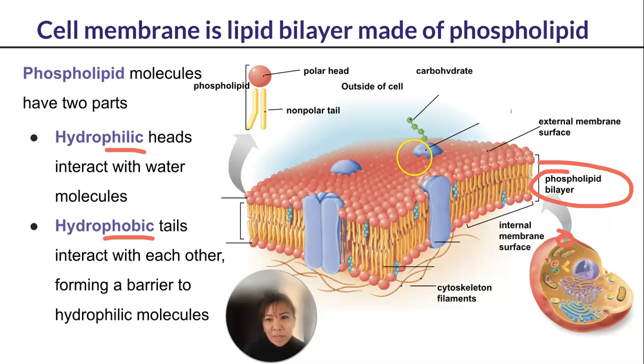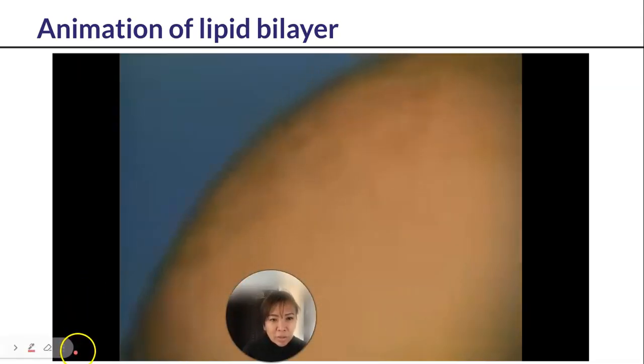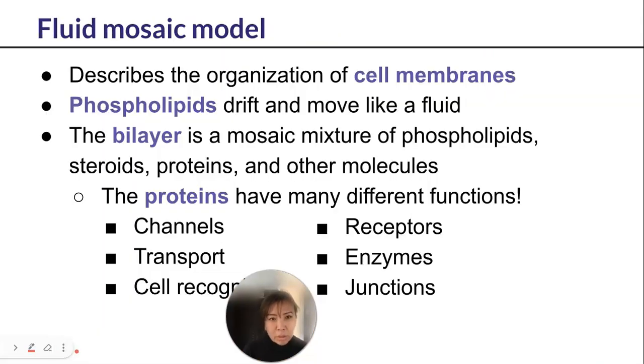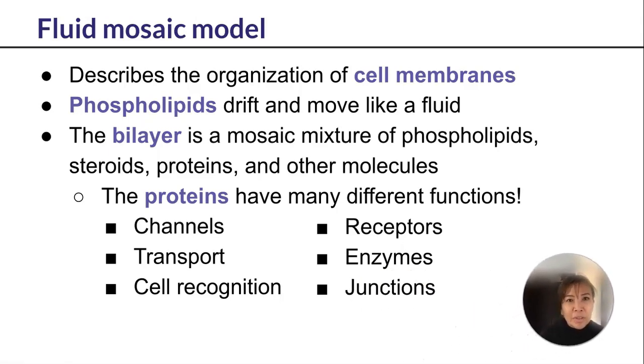And we kind of already mentioned the other different molecules that we find within this cell membrane. So why do we call this the fluid mosaic model? Okay, so the fluid mosaic model, and similar to before, all the links I will put in a different sheet so you can take a look at all the different videos. So the fluid mosaic model describes how the cell membrane is organized. And it's because